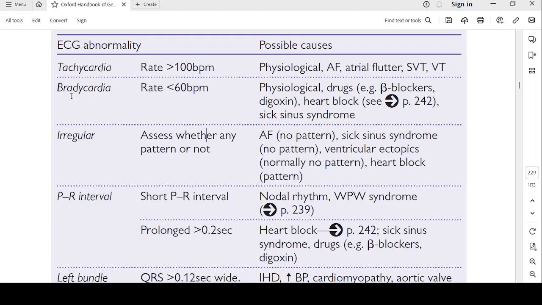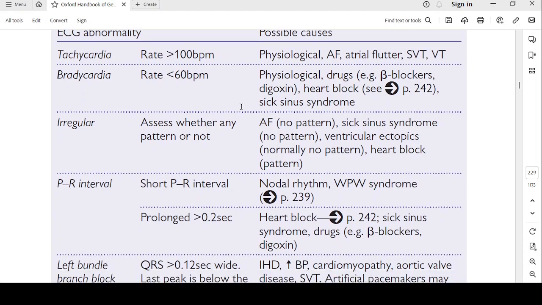Bradycardia, rate less than 60 beats per minute. It is physiological. Drugs, example beta blockers and digoxin. These are negatively inotropic drugs, digoxin. Heart block,